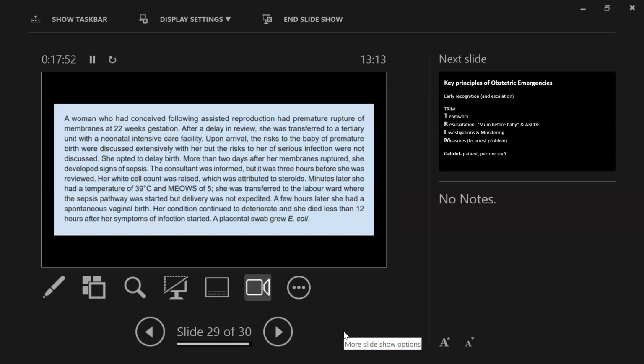So in this situation, she was transferred to a tertiary unit within a neonatal intensive care facility. She was counseled about the risk of having a baby prematurely, but the bit that was missing was the risk for her health of severe sepsis should she continue pregnancy. So not only can infection be the reason why the membranes rupture to start with, and that may not be immediately evident on full blood count and CRP, but it is a risk that it can develop in utero,